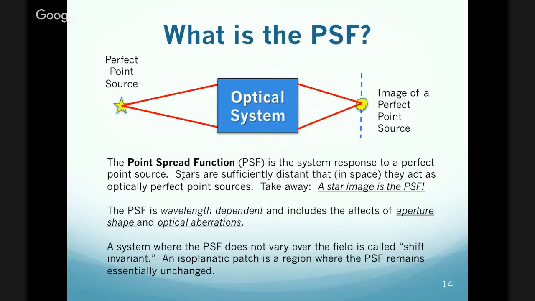Those of you who studied physics will recognize these as eigenfunctions. I never knew what eigenfunctions were when I was an undergraduate studying physics. It wasn't until I got to optics that it made sense that you had a point spread function. So if we take our telescope and we point it at a